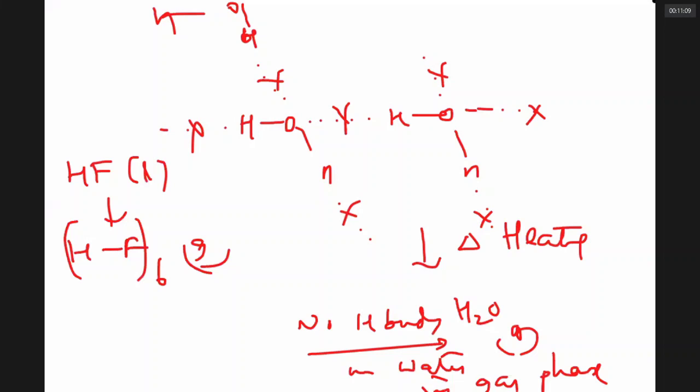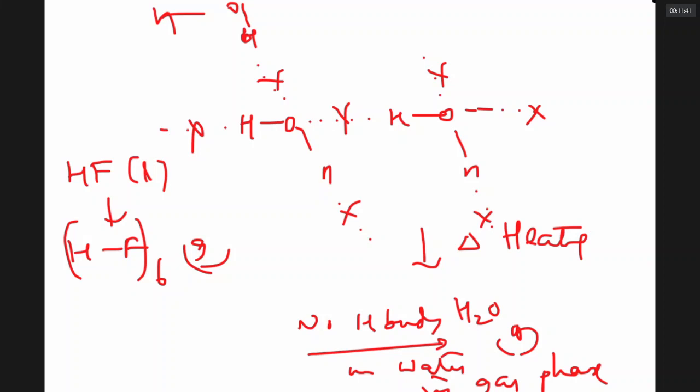So these are the 2 reasons. What are the 2 reasons? Number 1, the number of hydrogen bonds per molecule of water is double, that is 4, when compared with the number of hydrogen bonds per HF molecule. Number 2, there is no need to break all hydrogen bonds to convert liquid HF into gaseous HF. Reason, even in gas phase, HF will keep some hydrogen bonds. It exists as a hexamer.